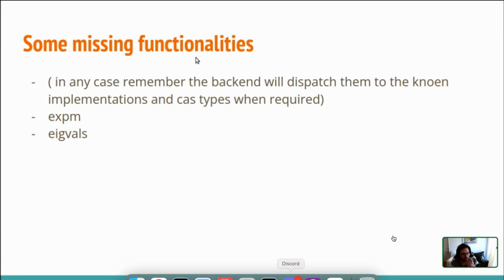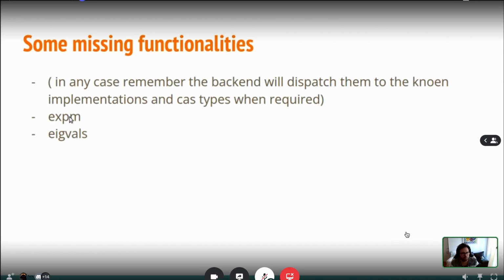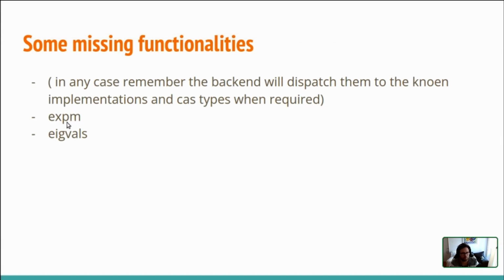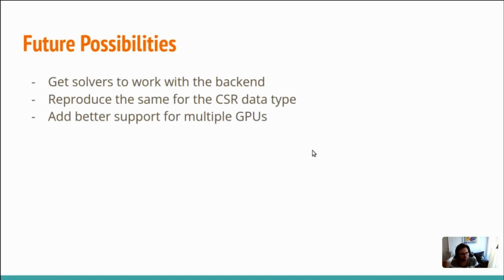And finally, we have some missing functionalities, like I told you. We have the function of a matrix not currently working on a GPU, and the gem value not working on a GPU. But that doesn't mean that you can't use the package as it is, because what QuTiP's backend does is dispatch the functions back to functions that run on CPU. So they will run, but not on the GPU, so they are obviously penalized, but they will run.